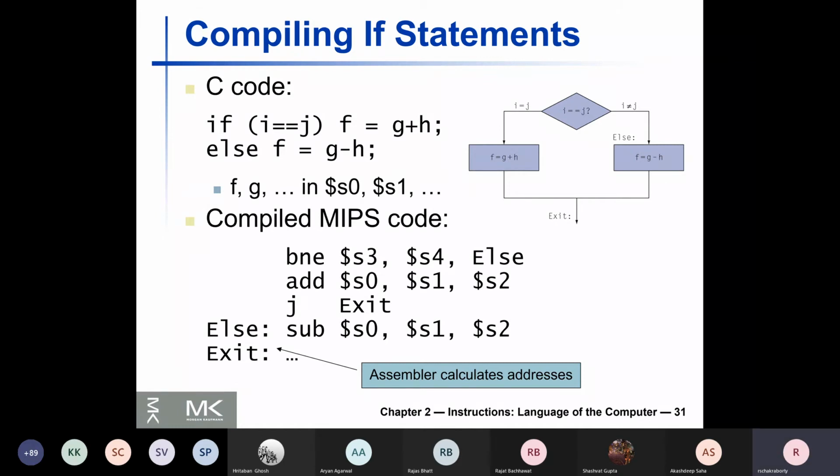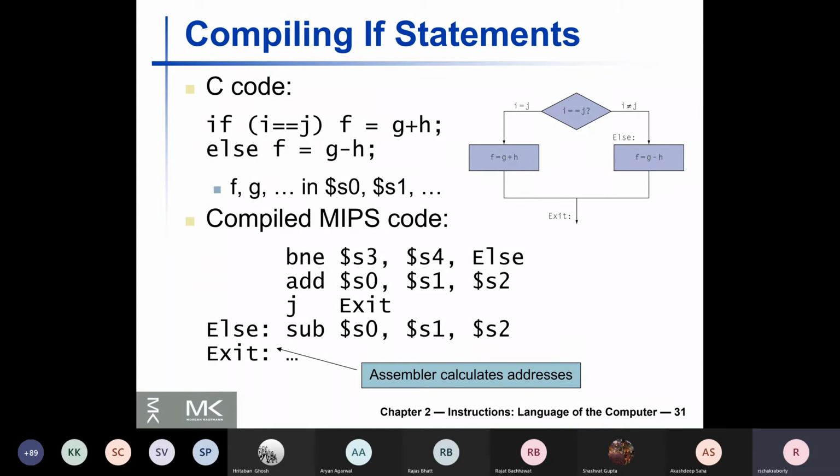In that case, you perform an addition, but after performing the addition, you don't want to execute the else statement because that is a completely separate clause. Okay, so you skip over that else statement by using another unconditional jump statement.